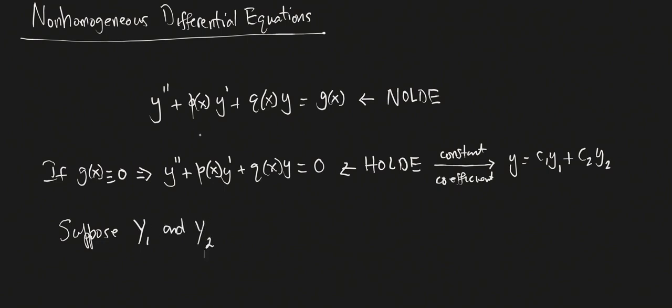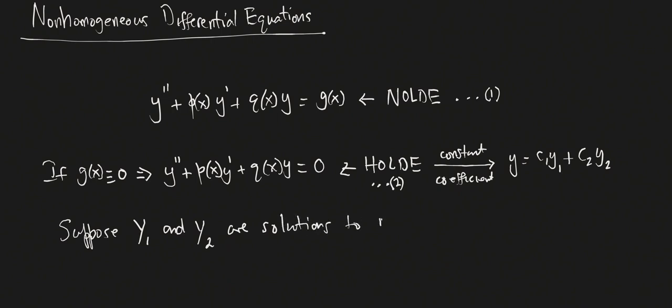Suppose we had two solutions of the NOLD, so suppose Y1 and Y2. And let's go ahead and call this equation 1, and then I'm going to call the HOLD equation 2, just for easy reference. So suppose we have big Y1, big Y2 that are solutions